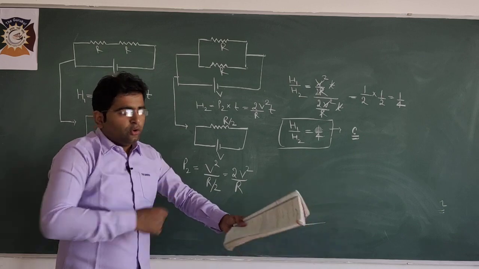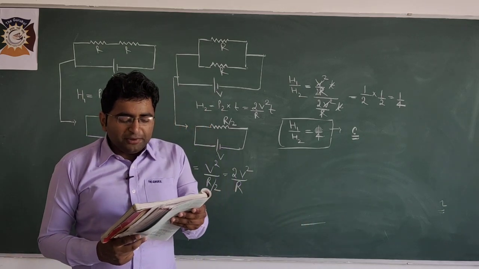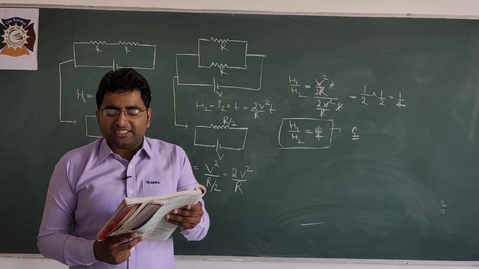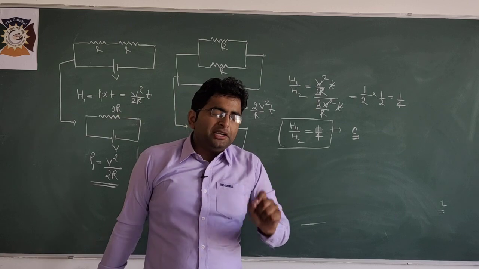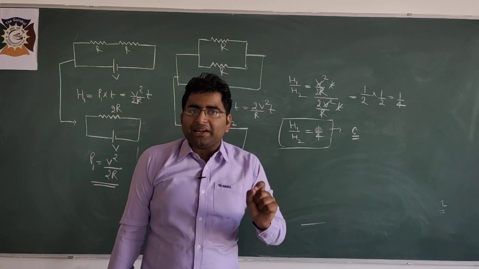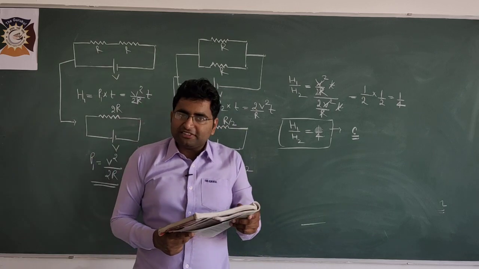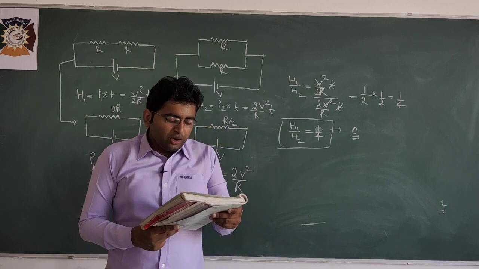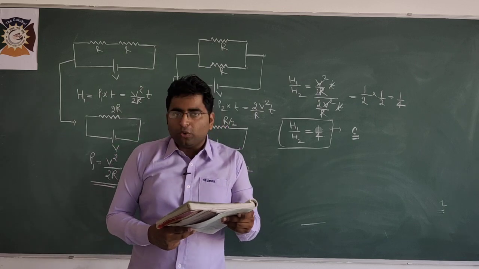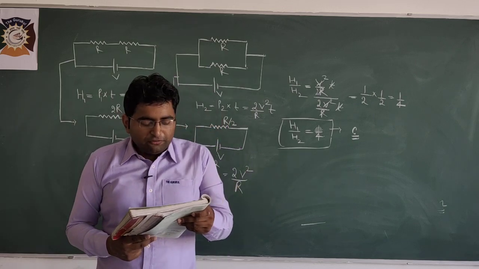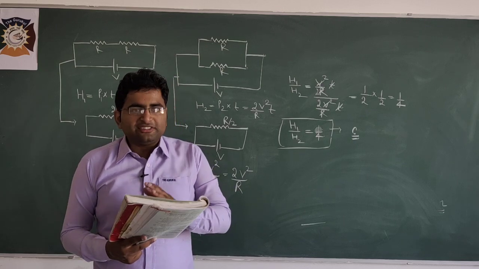Clear? Okay, now students, question number 5th. How is a voltmeter connected in a circuit to measure potential difference between 2 points? Voltmeter is always connected in parallel combination. Clear? Okay, question number 6th. A copper wire has diameter 0.5 mm. Students, this question I have done in the video in which I taught you about resistivity. Clear? You can see from that video.